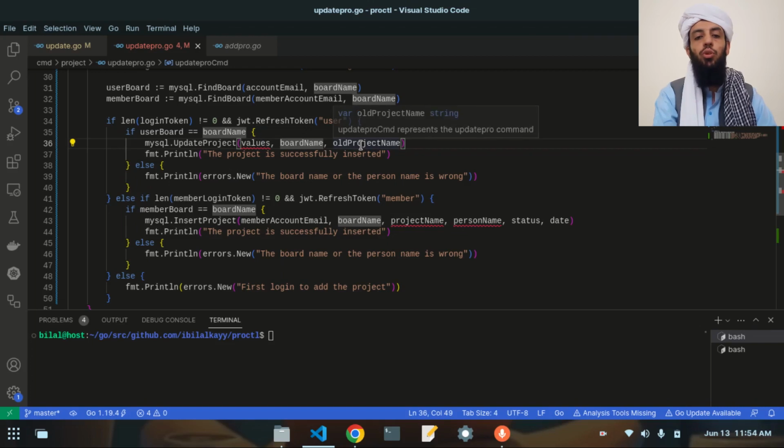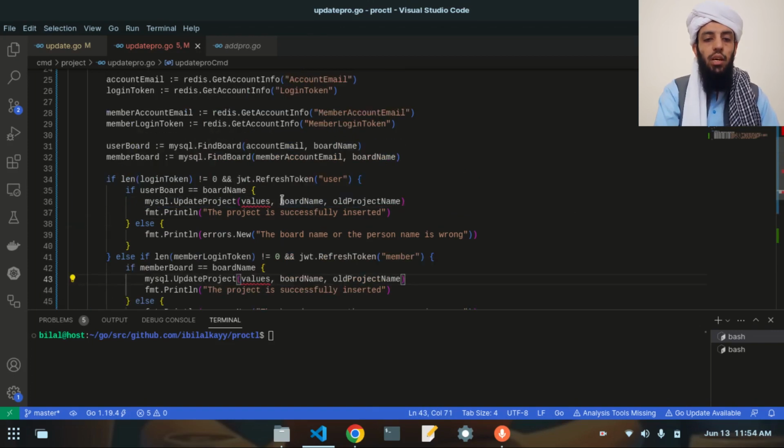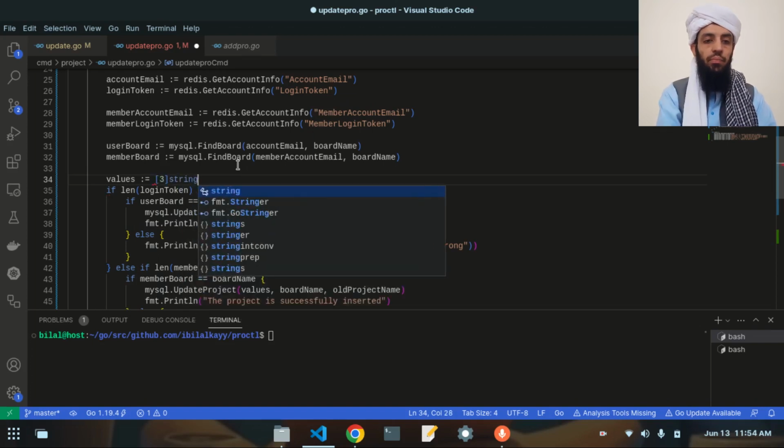All right, so if the new project name is given, it will not update it, so it will find the data based on the old project name and the board name. Once after finding the data, it will update these values that I will give it here. All right, so I will create this, but first of all let me just copy this and remove this from here. And after removing it, I will create a variable like values, and that value would be 3 string,